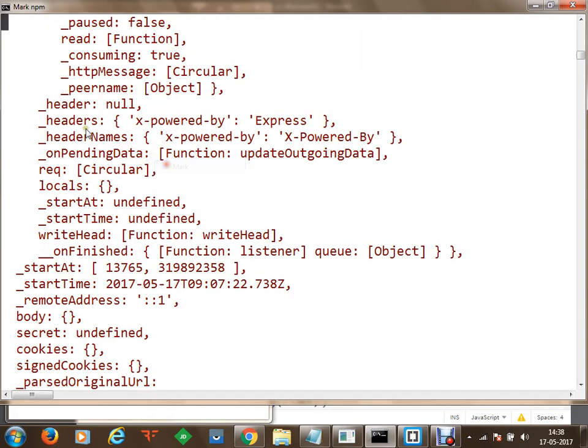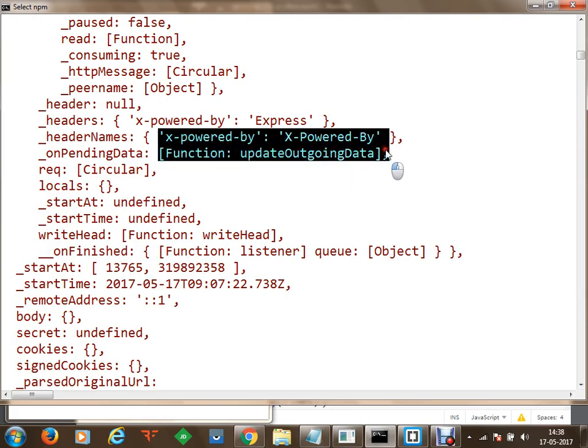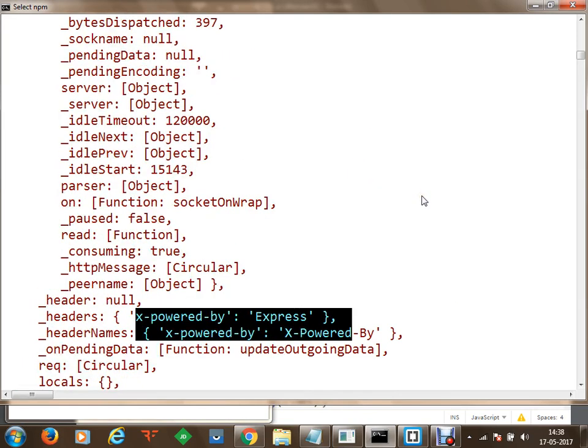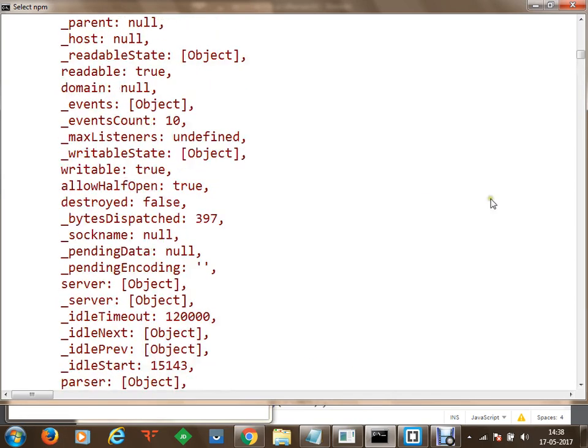Let's say in case you want to get information like header names, so this is powered by Express or something, you can do those things. Okay, so you can read any of the headers from the requests and the responses, and if you want to display that in the response with respect to the user, you can display that again. Okay.